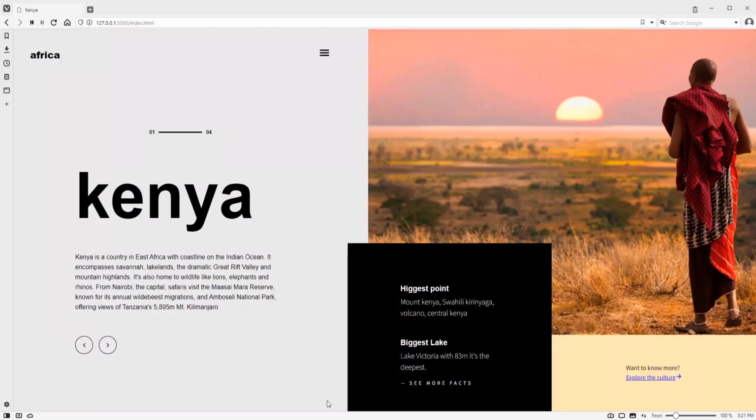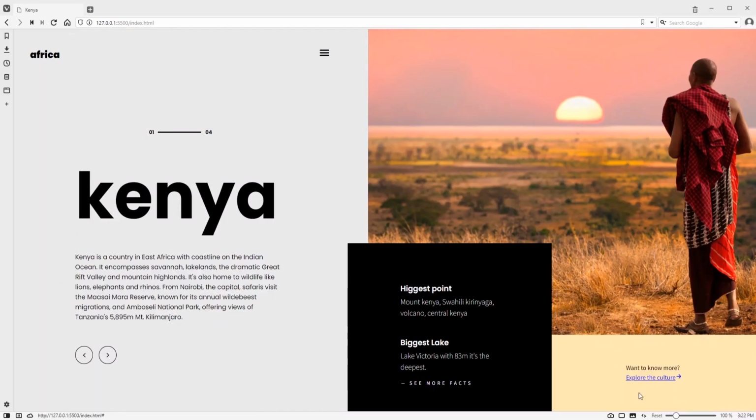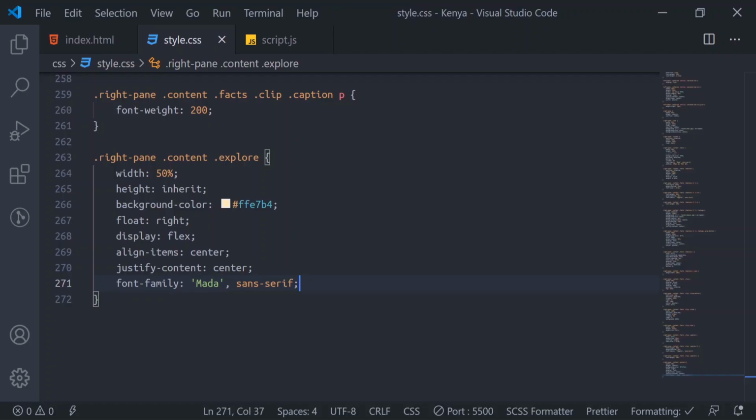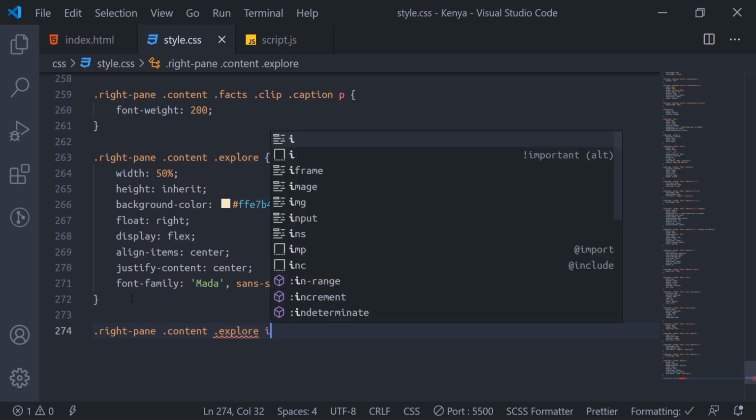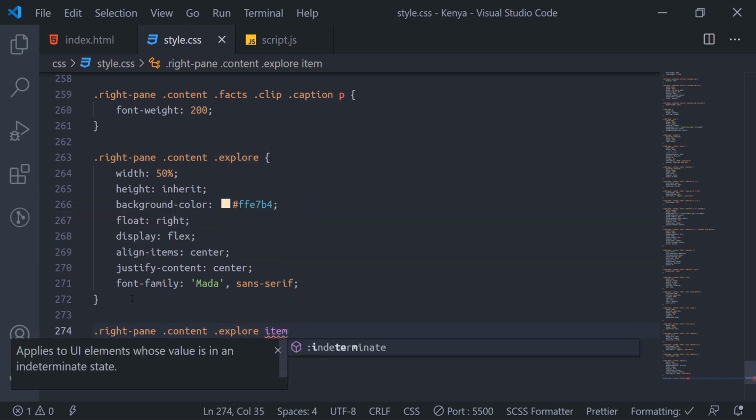We'll go about this thing now. Alright, so we'll style this content properly now. So this explore, I'll target item, then H3.